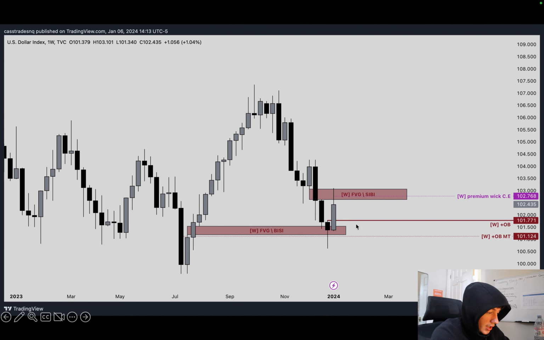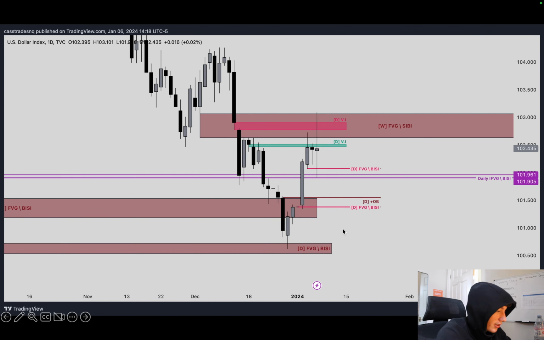Then this is a weekly order block here, small little candle. Let's move down to the daily chart. On the daily chart here, we've seen almost every day up this week. We had Monday and Tuesday big up close days, and then we've had the rest of the week working inside this fair value gap / BISI on the weekly, and then this daily volume imbalance here, and then here as well. This old daily inversion fair value gap / BISI has been used once again as support, after we treated it as support and then resistance.